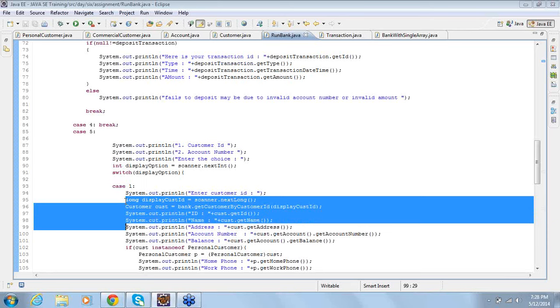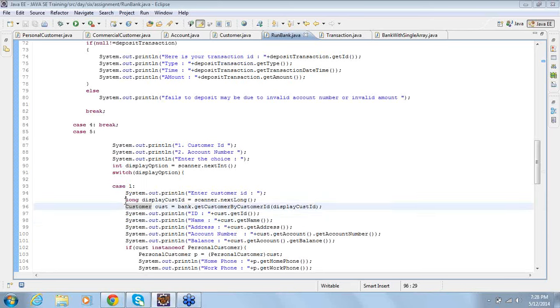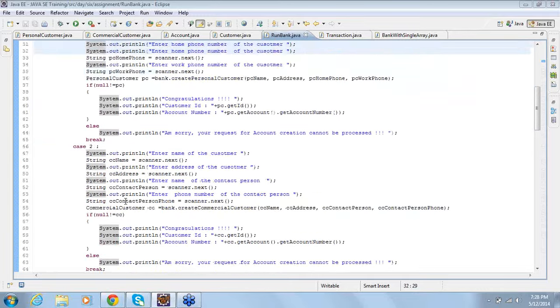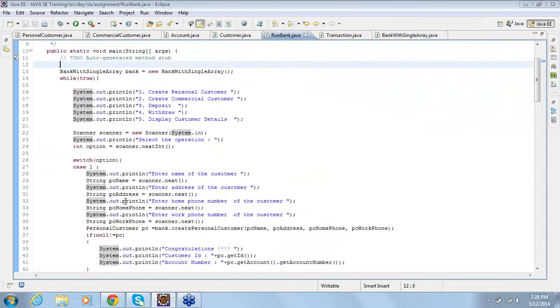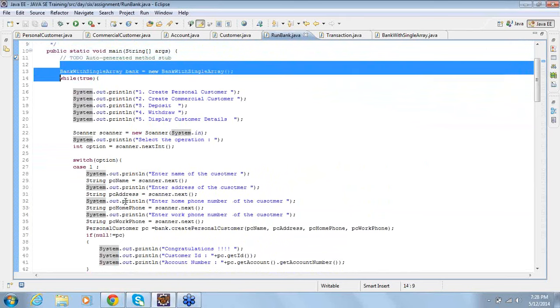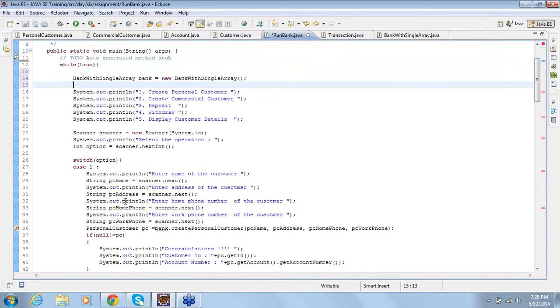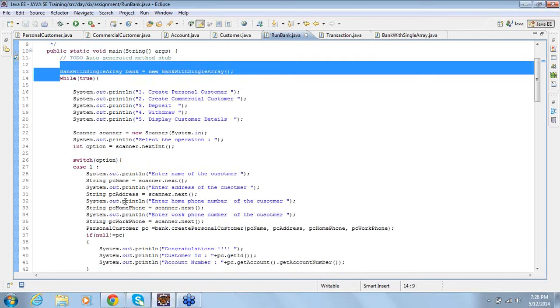If you want to maintain something for every cycle, like, I created a bank object outside of the loop. Because whatever data it maintains, I want it to be available till my program execution ends. Suppose I do this inside a loop, what happens? The data is erased. Every time the loop repeats, a new bank object is created, and all my existing customers whom I added earlier are lost. So that is the reason I created my bank object outside.